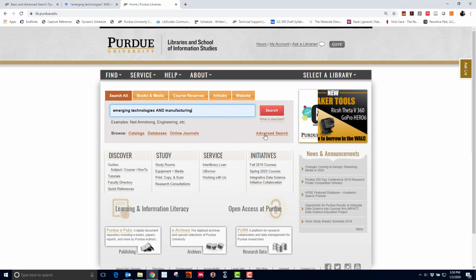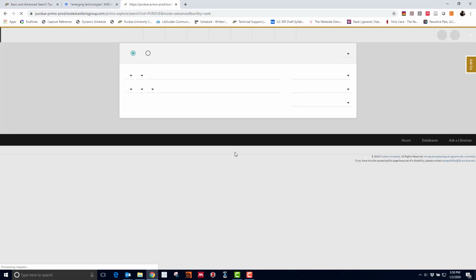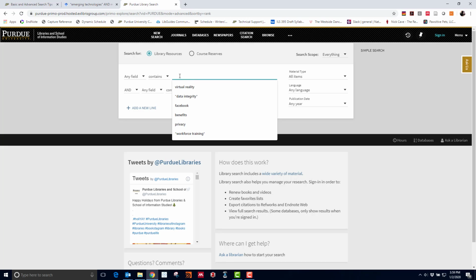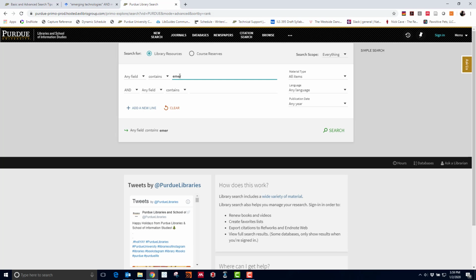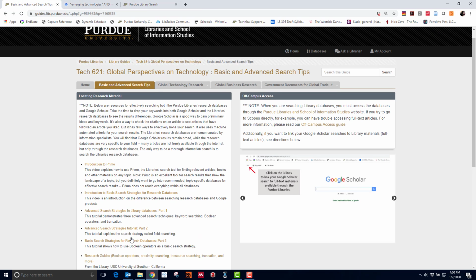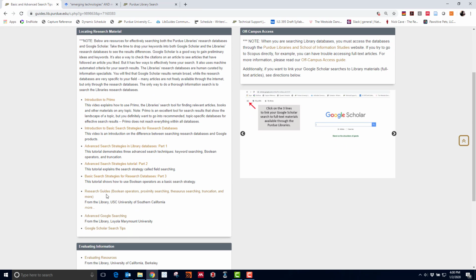Here, I think I might do an advanced search on that, so I don't have to write out the whole term. So, emerging technologies. Again, I can choose to put that in quotes or not. I can play with it. If you look at this research guide, you can learn about truncation. So maybe what that means is